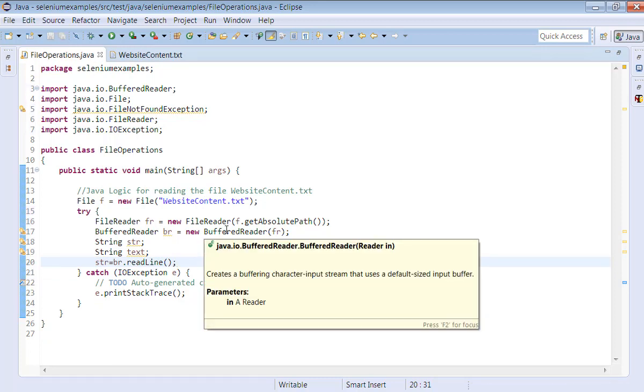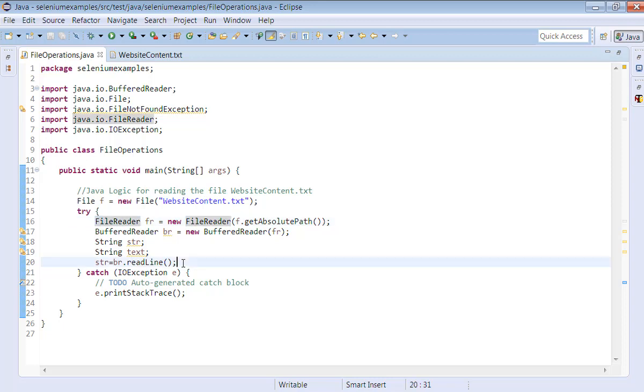Okay, so till when does this file have to be read? The file has to be read line by line, each and every line, until it is equal to null. Suppose there are 5 lines. If you want to read 5 lines, the file has to be read: first line, second line, third line, fourth line, fifth line, till the string is null.